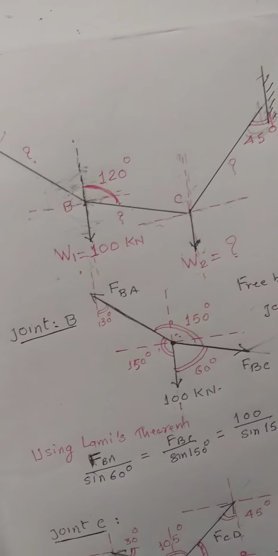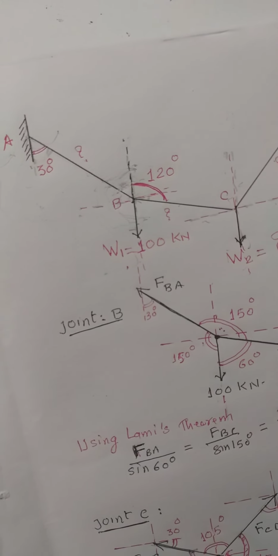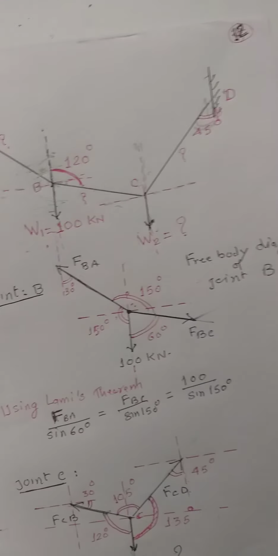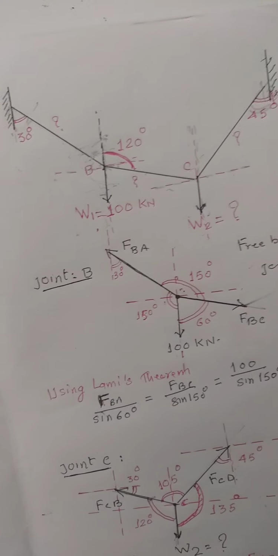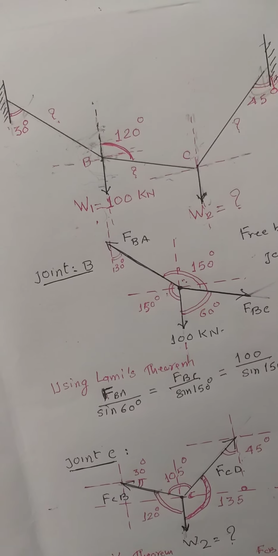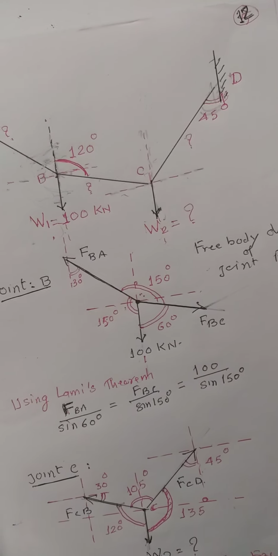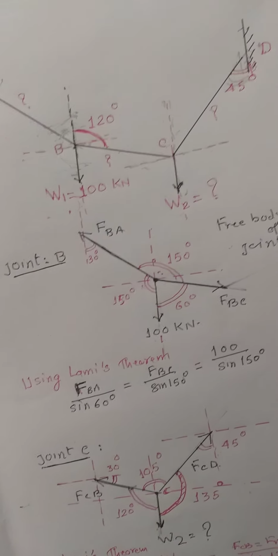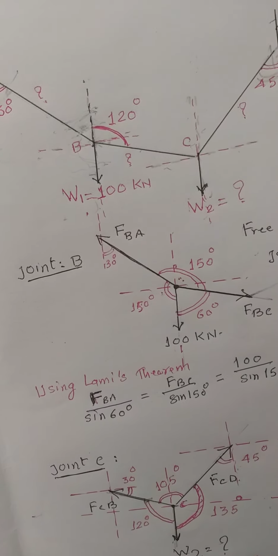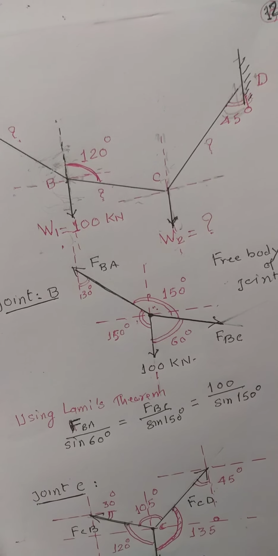Then come across over here. Try to find out. When you draw a horizontal line, you know this angle is equal to this angle. You know that this angle is equal to this angle. When this angle is known, and this angle is also given, you know this angle is equal to this angle. This angle is known. When this angle is known, this angle can be calculated. 180 minus this angle will give the value of this. Similarly, when you know this angle, this can be very easily found out.